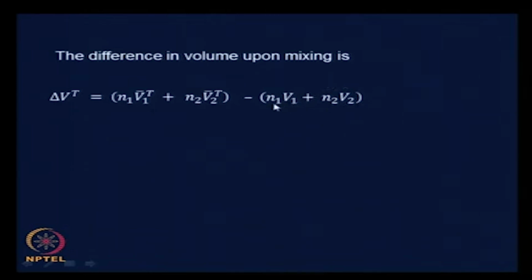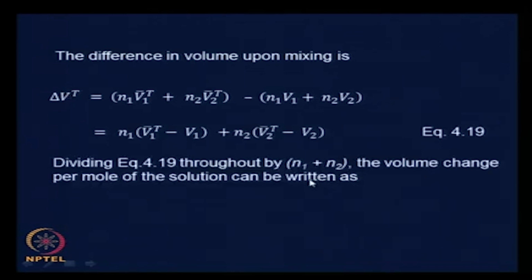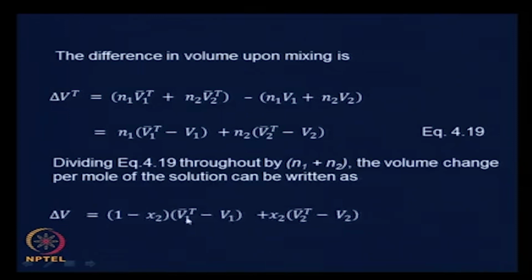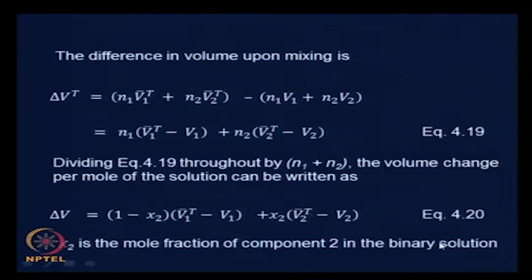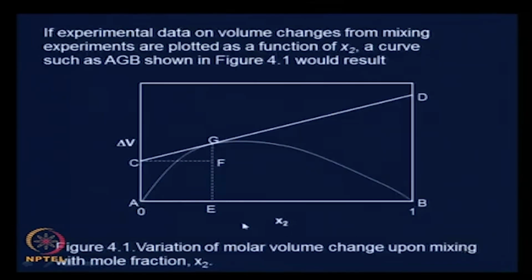Note these are molar quantities, therefore, when you multiply them by the mole numbers, you get the total quantity. So, the volume after mixing minus the volume before mixing, that is delta Vt, can be transposed into a convenient form to get (1 minus x2) times (V1 T hash minus V1) plus x2 times (V2 T hash minus V2), and this is what is plotted. Delta V, the volume change upon mixing, as a function of the mole fraction x2, if it is plotted, we